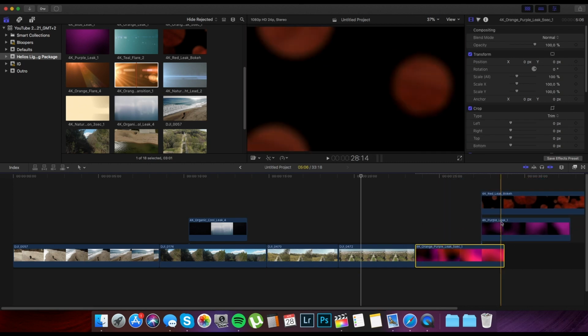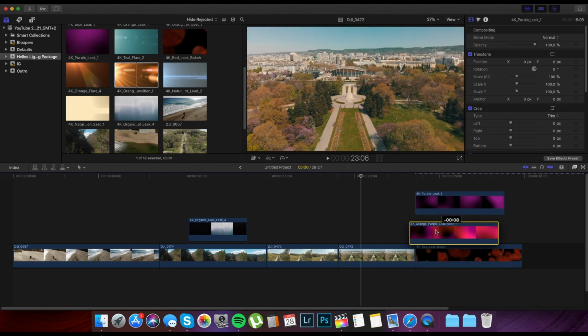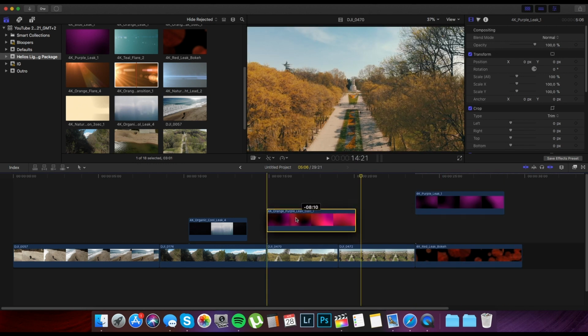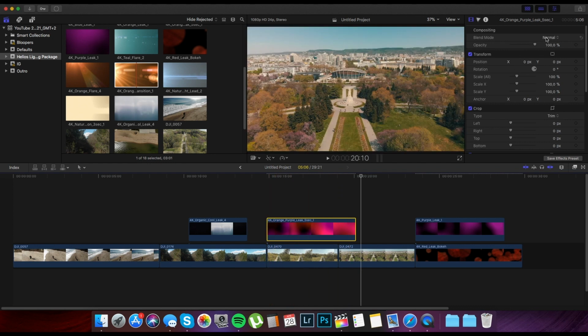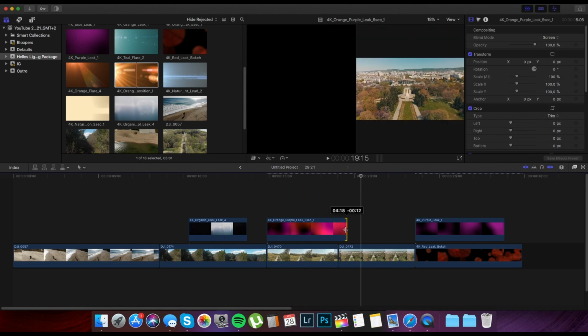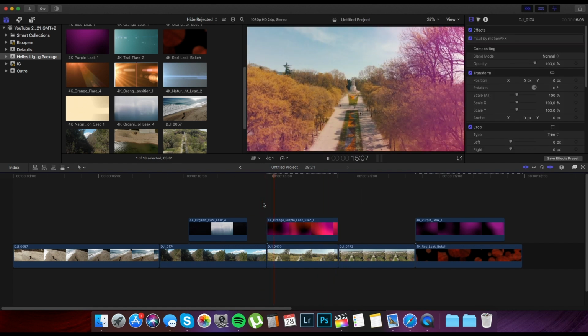Oh no, we don't need that, so we just need the orange purple leak. Of course it's not going to work for that clip, but I'm just going to show you how it works. So first thing we do, set the blend mode to screen. We can make it shorter so it fits our clip, and if we play it now, you will see that